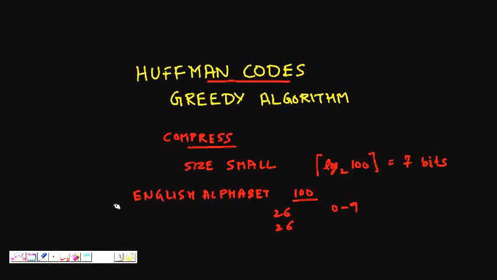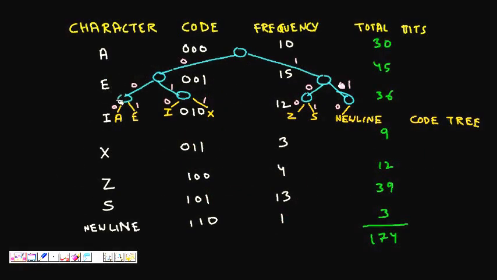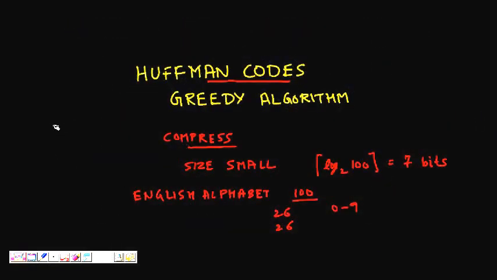Let's take one small example. In real life, if you take the English alphabet, A, E, I will occur quite frequently in a document, but X, Z will occur very infrequently. They will be rare, but A, E, I, S, T will all be occurring quite frequently. So this is a distribution which is not very uniform.